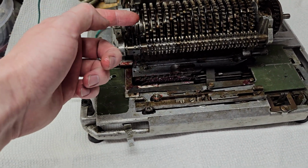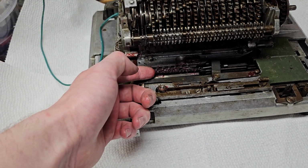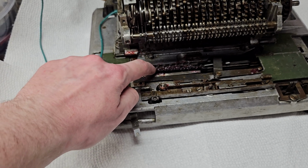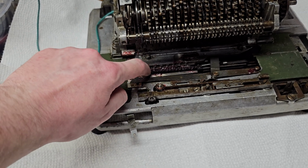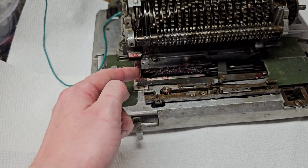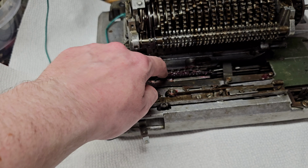So the machine is subtracting, there's an underflow. The little latch on the bottom of the carriage retracts. This piece, which is sprung this way to the right, is being held this way by the carriage. It's allowed to spring this way. See, is that right? Yeah, and then the carriage will...